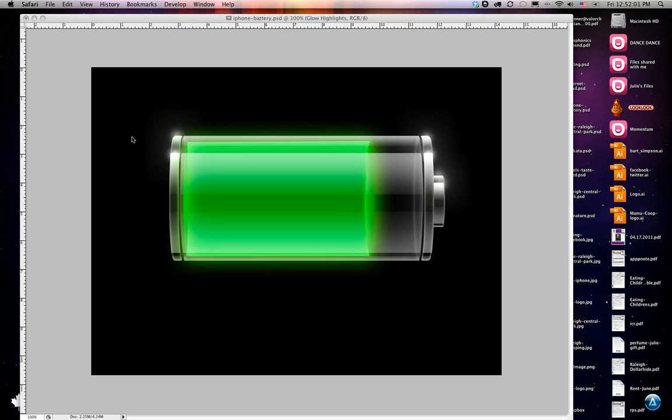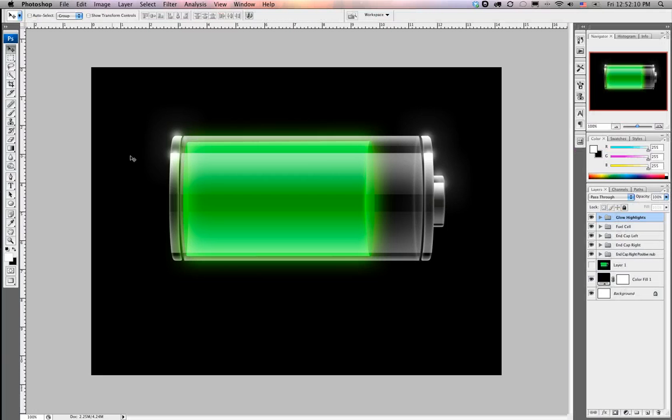Welcome back, guys. We're almost done with this battery graphic illustration for the iPhone. Alright, we're on step 13, so let's just get moving along. Let's get started. What we need to create now is the reflection that goes in the